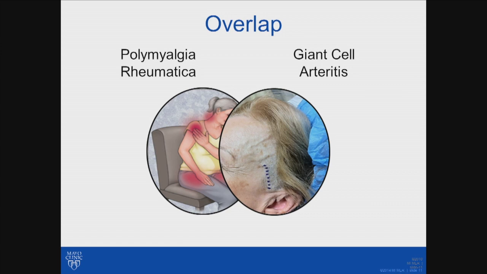The two go closely together, and when we see individuals with polymyalgia rheumatica, we want to very carefully look at whether there is an associated vasculitis, giant cell arteritis in particular, because sometimes the symptoms can be difficult to tease out as to whether somebody has only one condition, so only polymyalgia, or only giant cell arteritis, again, mainly because oftentimes there's overlap between the two, and the two go